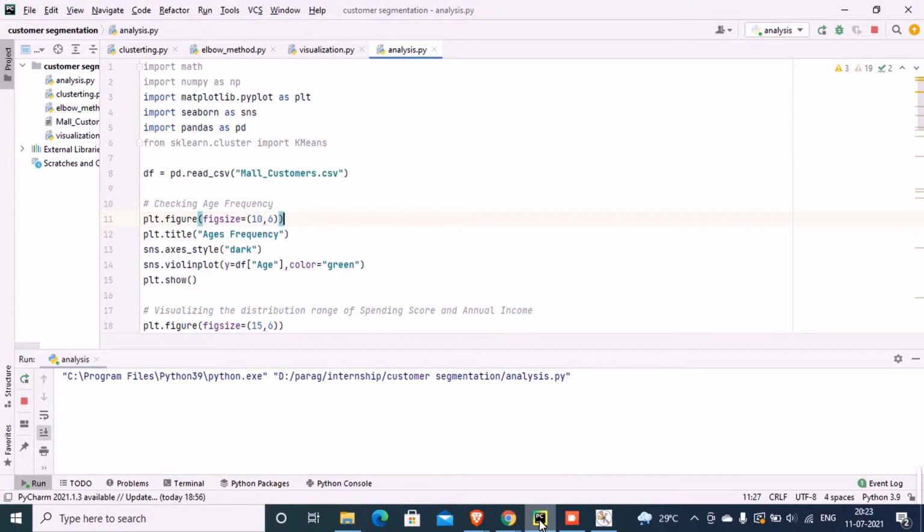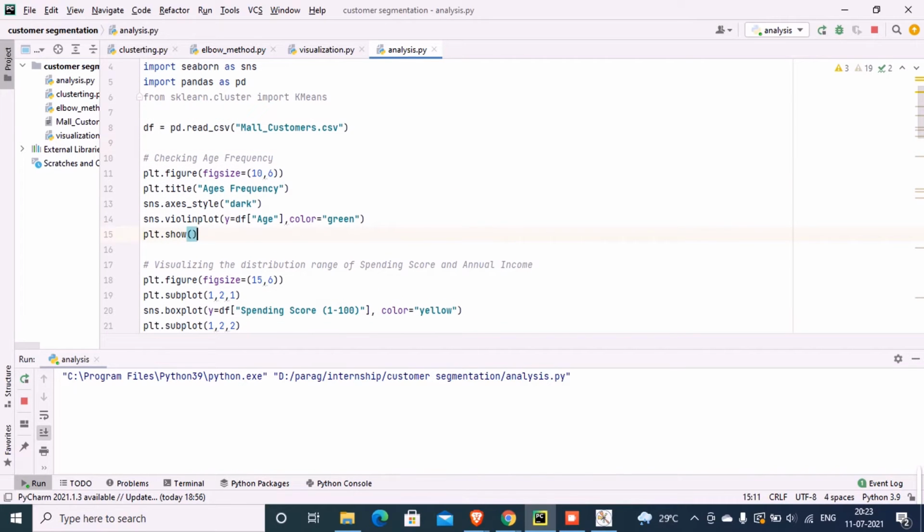Moving on to the code, firstly, we have to analyze the various attributes of the data provided in the data set, which is called mol_customer.csv, which was provided to us for a better understanding of the customer details required for clustering. To do so, we have to create a data frame by reading the data set, and now to observe the results, we'll run the program.